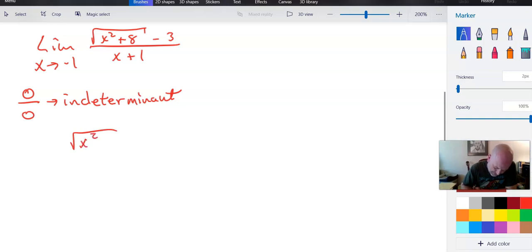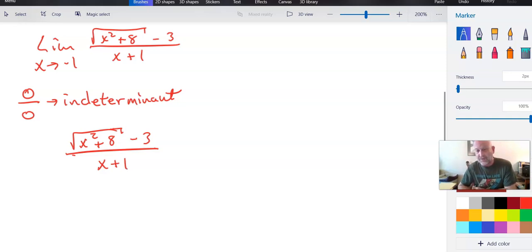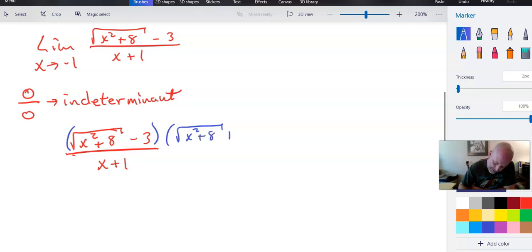Typically, when you see some kind of radical expression, what you're going to end up doing is multiplying by the conjugate, which is the exact same term, but you change the sign between the root, either between two roots or a root and a number. So that means that we are going to multiply by the square root of x squared plus 8 plus 3 over x plus 1 times the square root of x squared plus 8